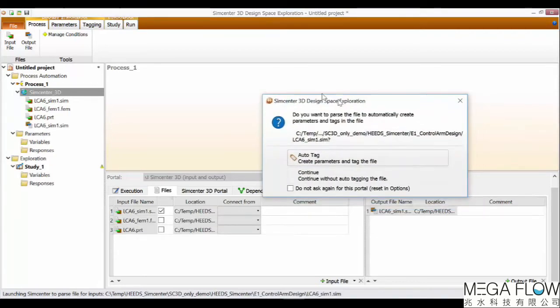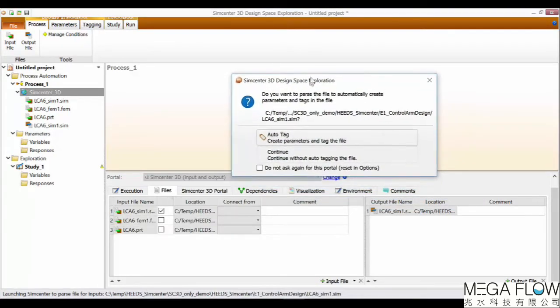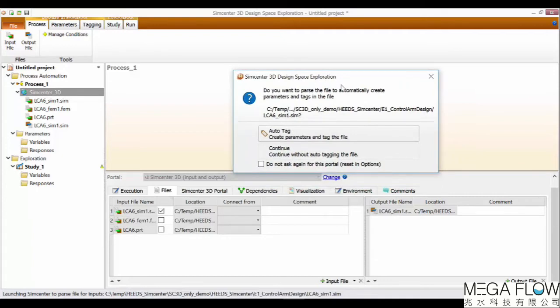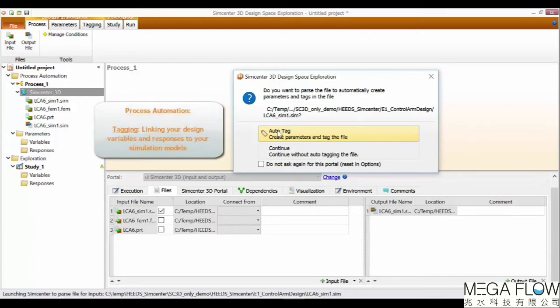As soon as the process of parsing completes, HEEDS will present you with two options. One option is to continue, that is, create your variables and responses on the next parameters tab. The other option is creating the variables and responses and the mapping to your simulation model right away. We can do this by choosing auto tag. Tagging is basically the process of connecting your variables and responses to your simulation model. So let's create some